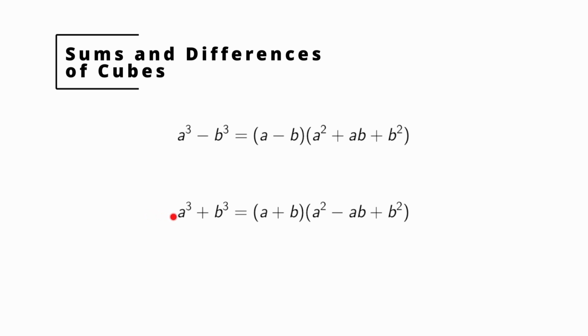Similarly, a sum of two cubes, a cubed plus b cubed, factors into a binomial, a plus b, times a trinomial, a squared minus ab plus b squared. Now, in both cases, note where the signs match. When we have a difference, the binomial signs match: a cubed minus b cubed, a minus b. A cubed plus b cubed, a plus b. And where they differ: when we have the difference of cubes, you're going to have a positive sign for the ab. When you have a sum of cubes, you're going to have a negative sign for the ab.